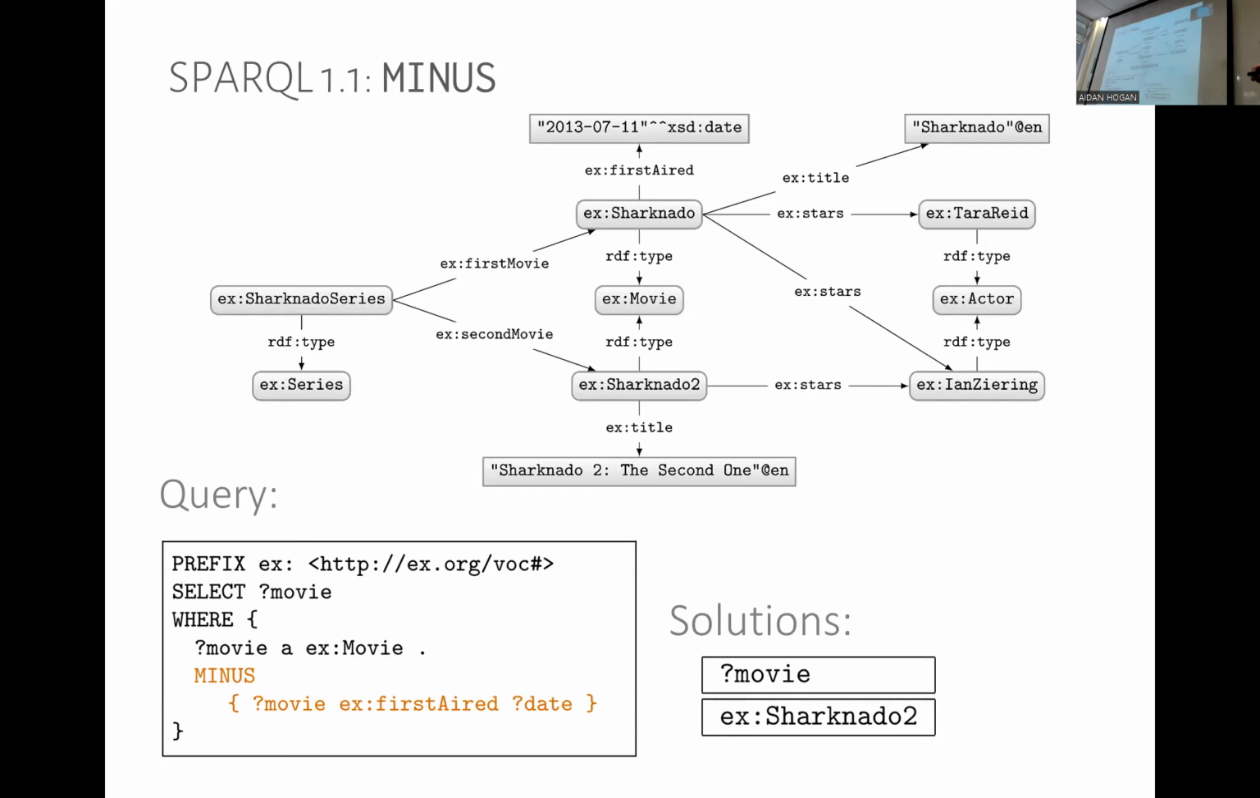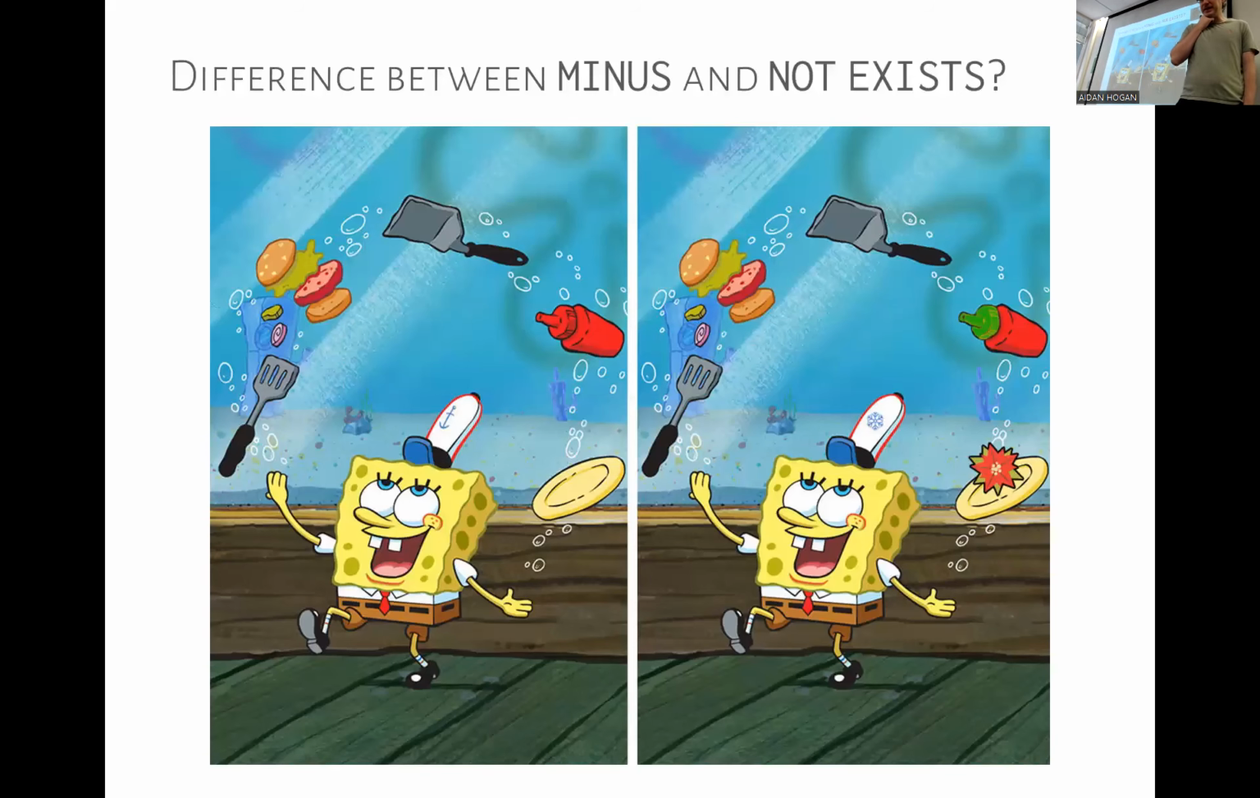They're almost the same. So you might ask, why do we have two ways to express the same thing? And this is a very common question in Sparkle. What are the differences between minus and not exists? They're almost identical. There are some minor differences. I think